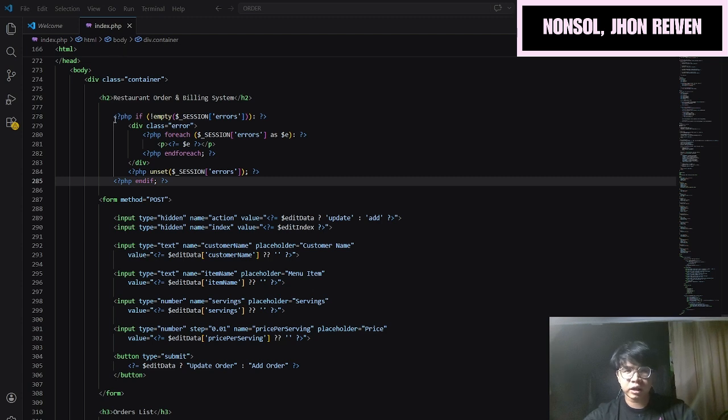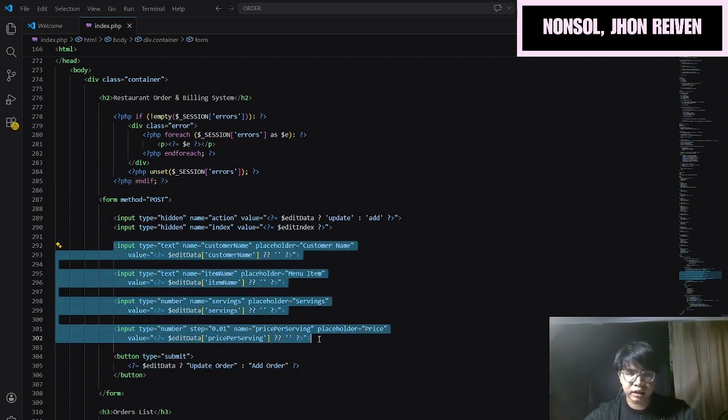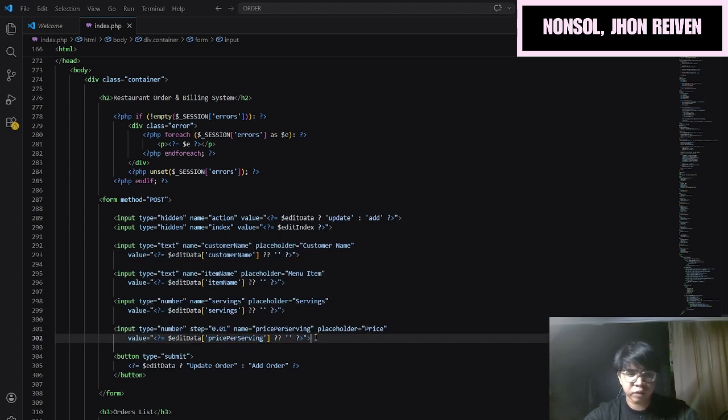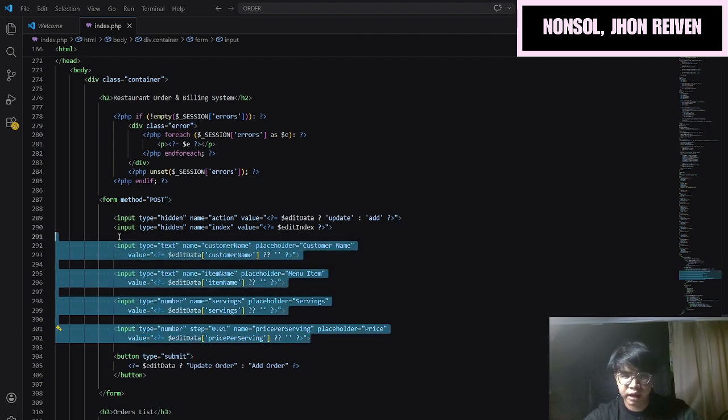First thing first, we declare the PHP method which shows errors if the user does not complete the form after clicking the add order button.